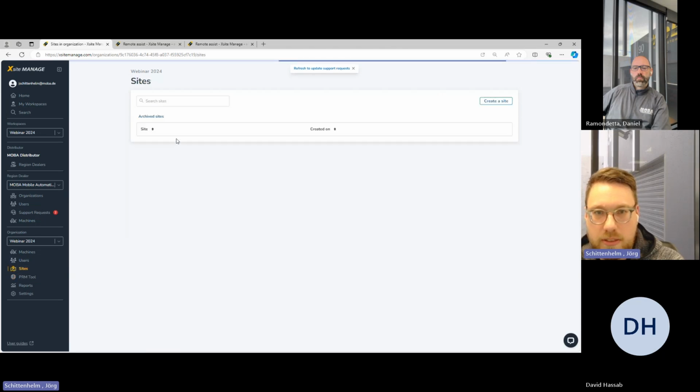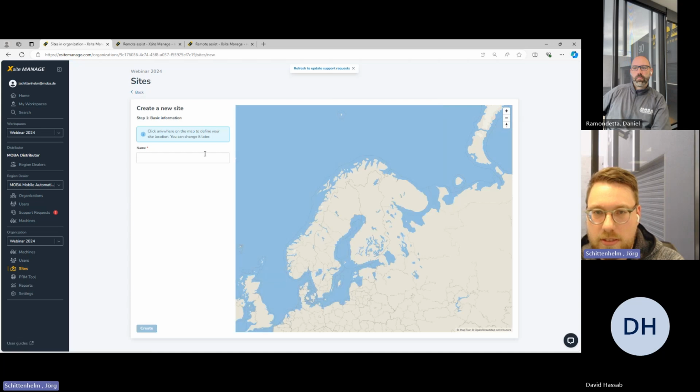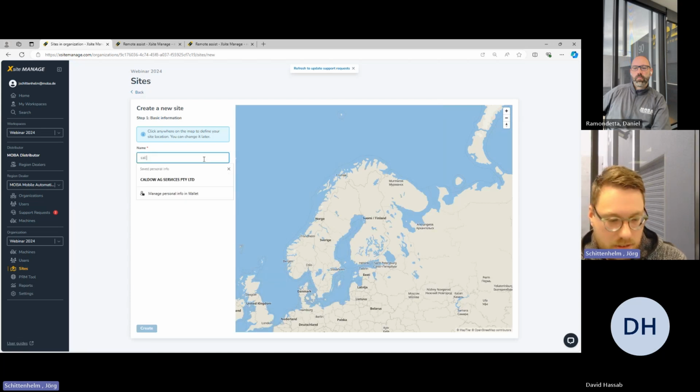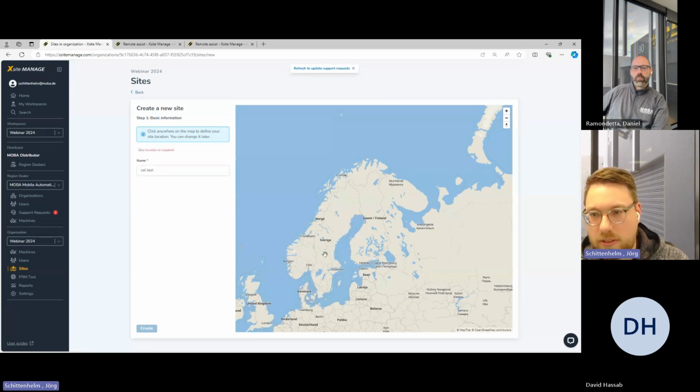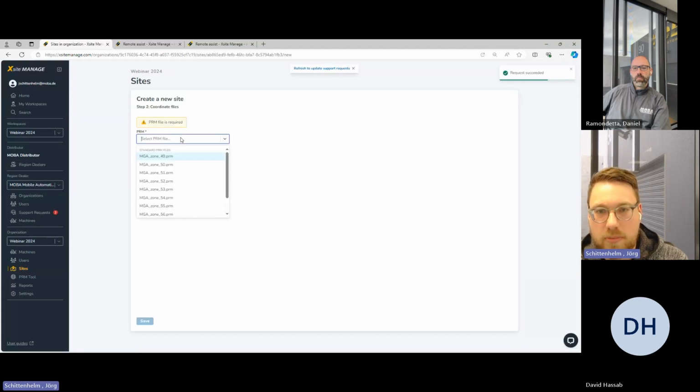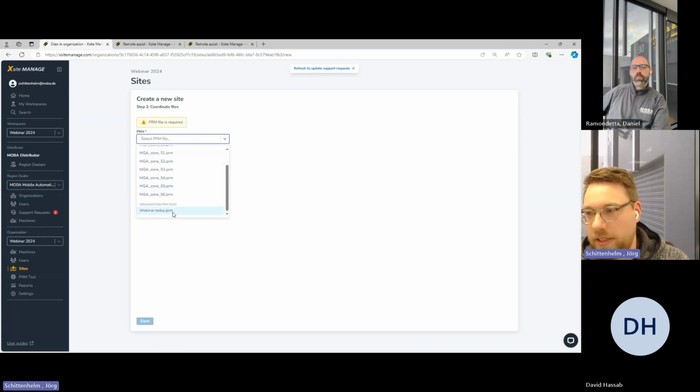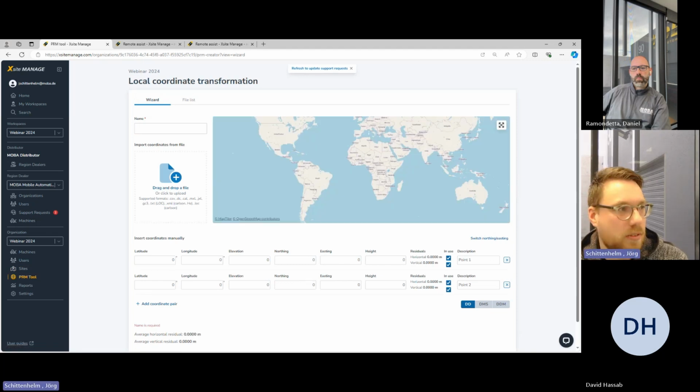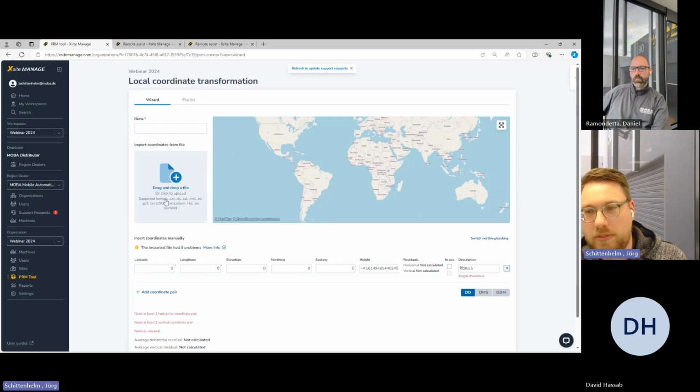And if I were to create a new site, create site, let's call it CalTest. And we're going to drop the point. Let's do it rough and fast. In here, all our MGA zones and organization PRM files, you have then the PRM file available that we just created now. So Trimble CAL files are supported, of course, TopCon GC3 files. If I drag it,